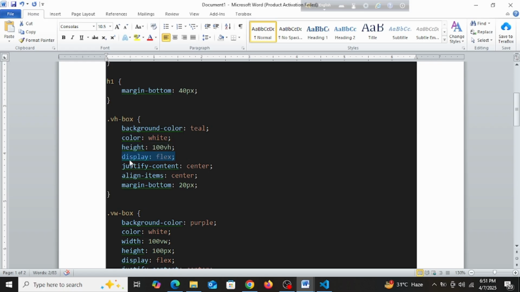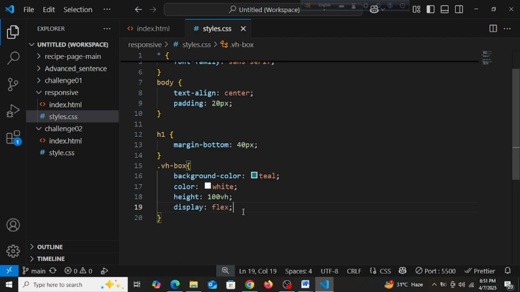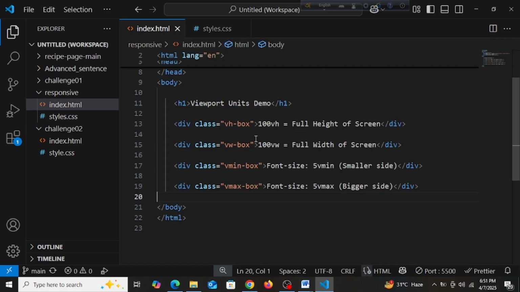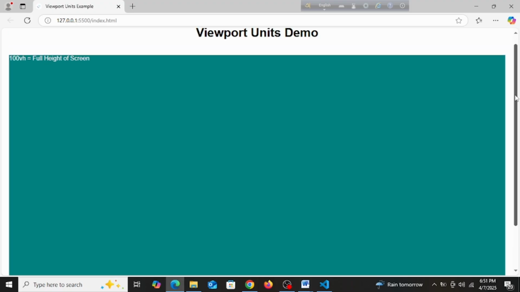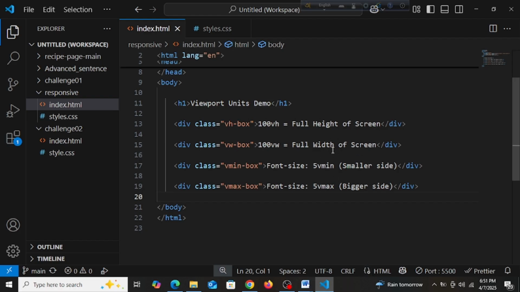Display flex. vh box, display flex, right? Let's see what happens. Okay, so when you do display flex, then elements inside it come side by side, right? So let's say, okay, if you put two paragraphs here, right, like, let's say,